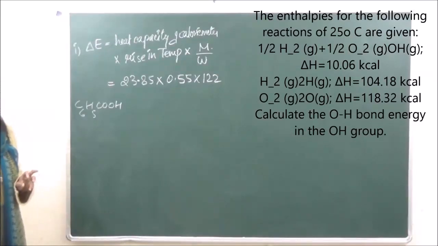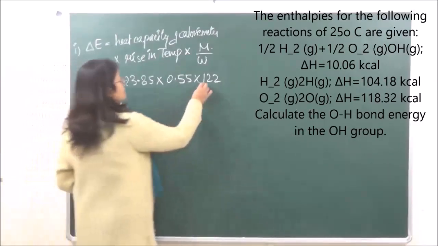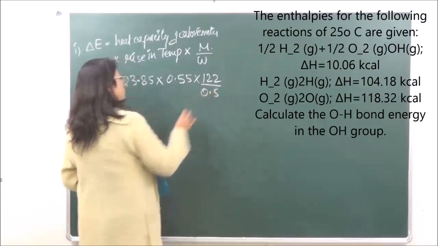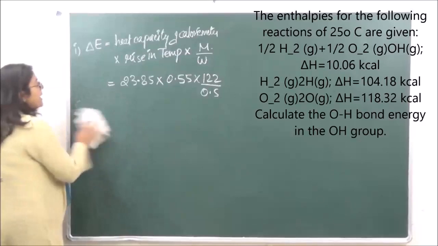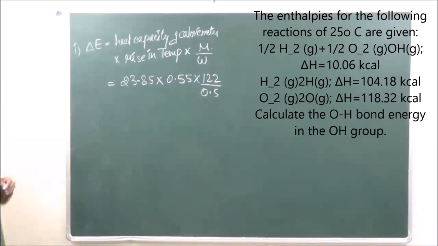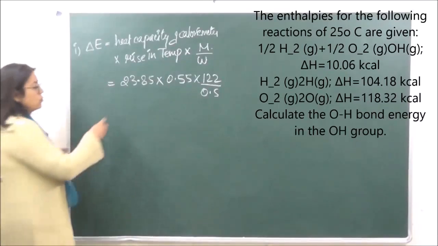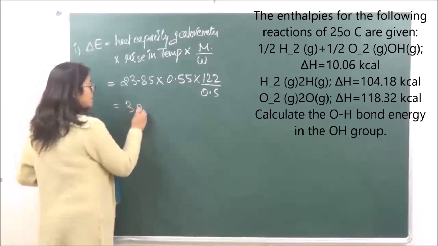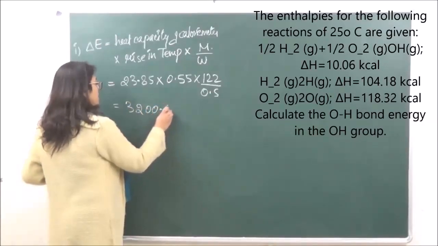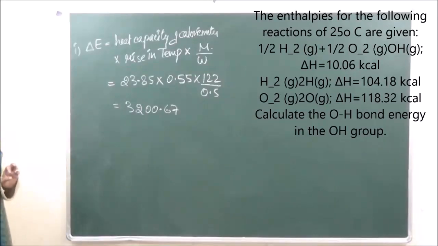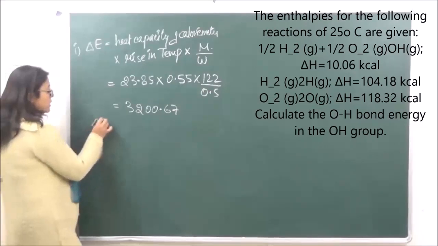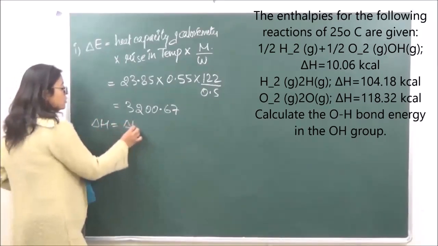And then 0.5 grams is given to us, so divided by 0.5. This we are going to get as delta E. So when we calculate this, it is coming to 3200.67. Clear? Now in order to calculate delta H, we know that delta H is equal to delta U